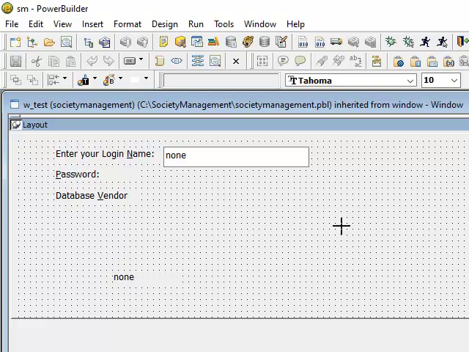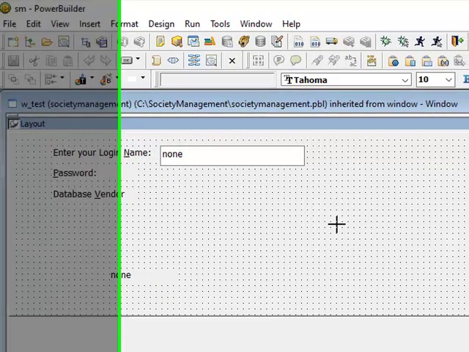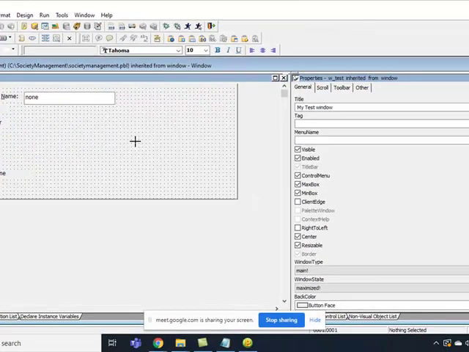In IT, we always try to make it user friendly, so it gives you the last working window.